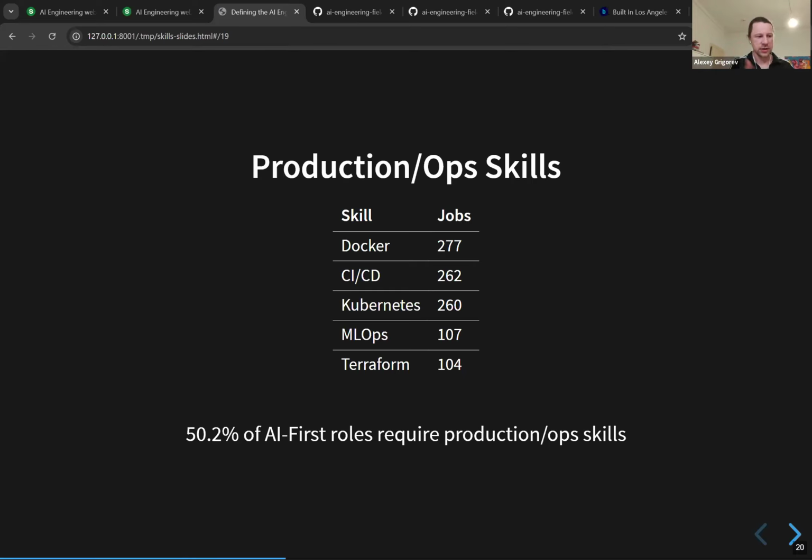So from AI engineers, the expectations engineering wise are the same as from ML engineers, software engineers, backend engineers, and so on. They need to be engineers. And when it comes to engineering, engineers need to know how to productionize whatever they write, and how to operate, do all this ops stuff, which is why seeing things like Docker, CI/CD, Kubernetes is not a big surprise to me personally.